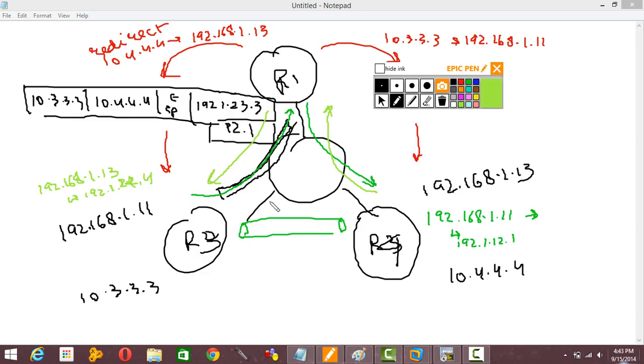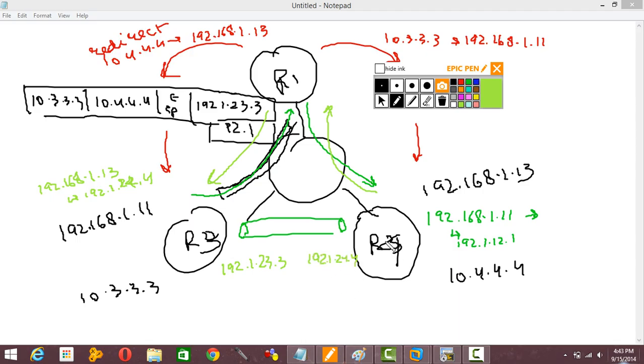So he replies to him saying, hey, my destination address is this, through the tunnel. And he replies saying, my destination is this, through the tunnel. When the tunnel is set up, they don't need anything else. Why? Because the virtual access automatically has the source and destination. The public source becomes, from here 23.3, from here it's,